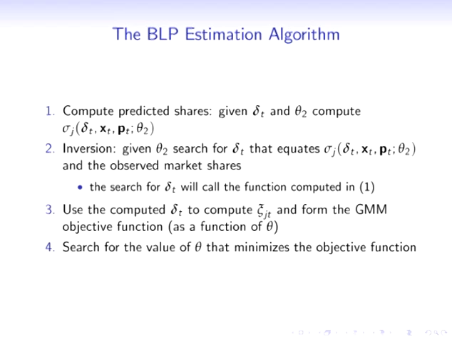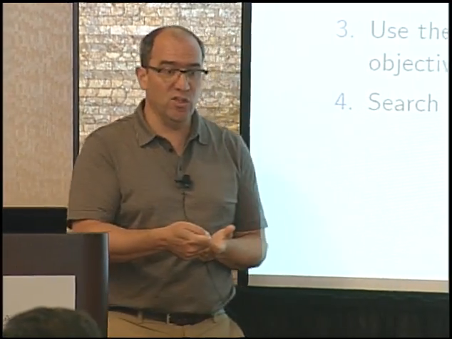Right? So for any given value of delta and theta 2, I can compute what the shares are, and I'm going to just search for that value that sets the observed shares and the predicted shares exactly equal. Okay, that's going to be